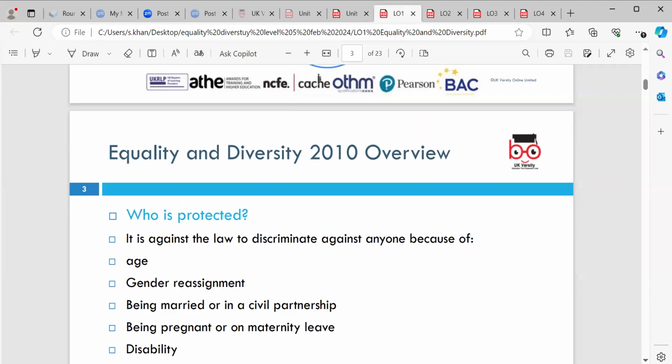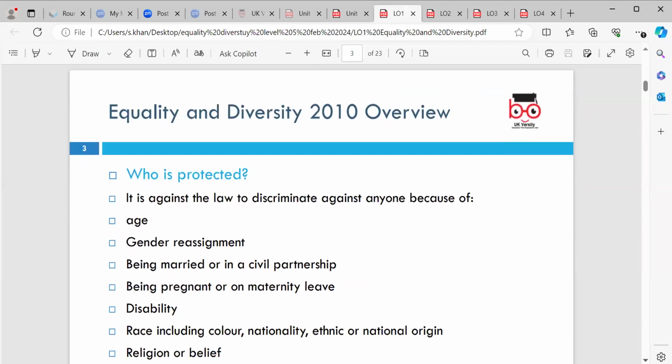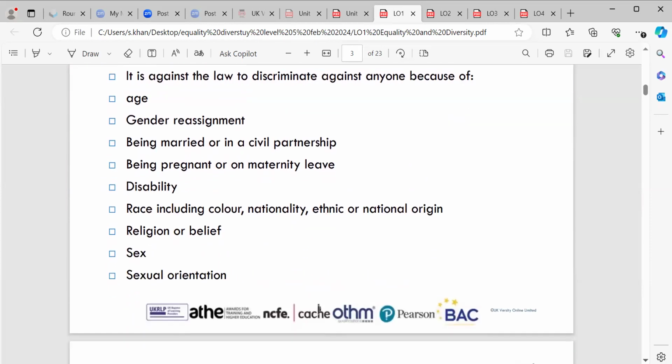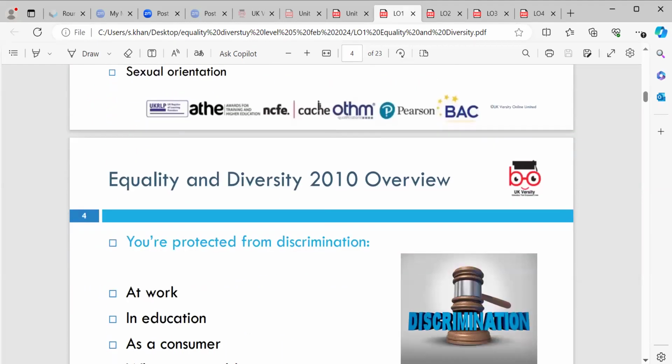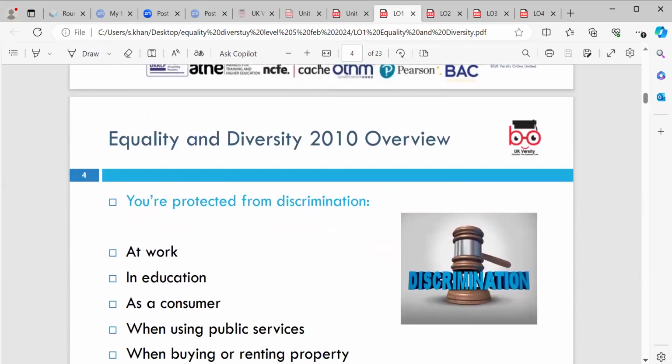So people that are married, disabled people, women that are pregnant, race, including nationality, ethnic origin, religious beliefs, sexual orientation and sex. And that's quite a big area that's been protected within the Equality Act 2010. We looked at the fact that you can be protected at work. In education, we shouldn't discriminate against anyone who has any sort of disability